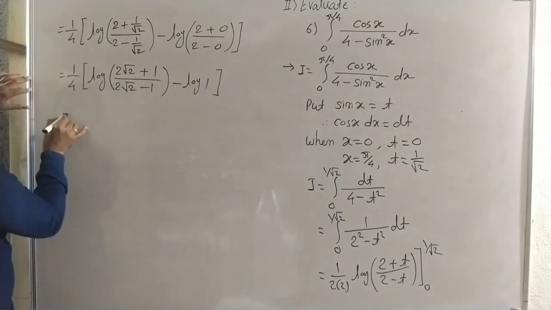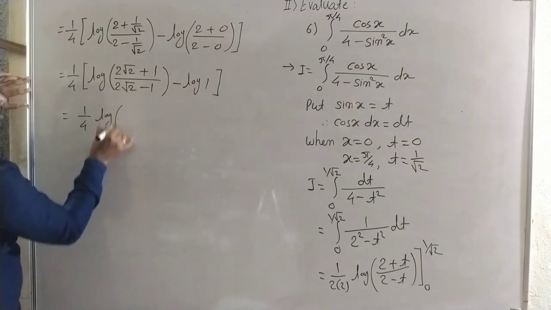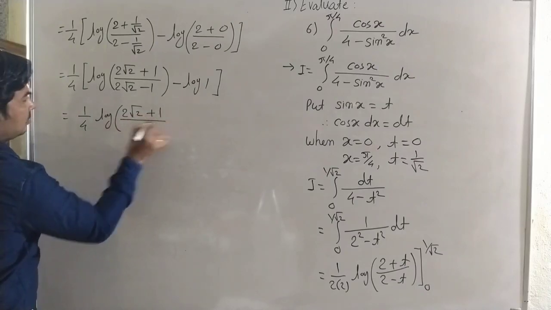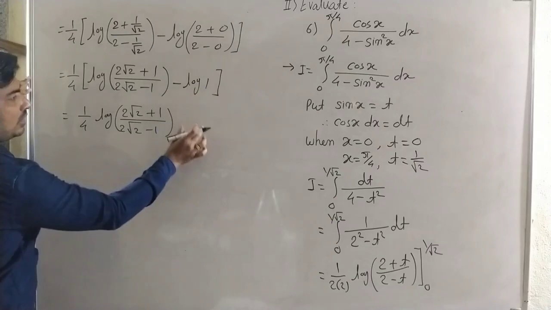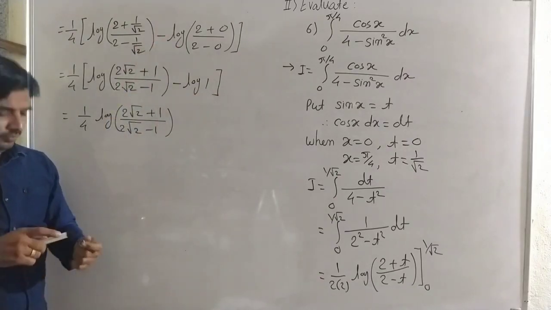Okay, and now the last answer is 1 by 4 log of 2 root 2 plus 1 upon 2 root 2 minus 1, and log 1 is 0. Okay, it is the last answer. See carefully this. Now next,